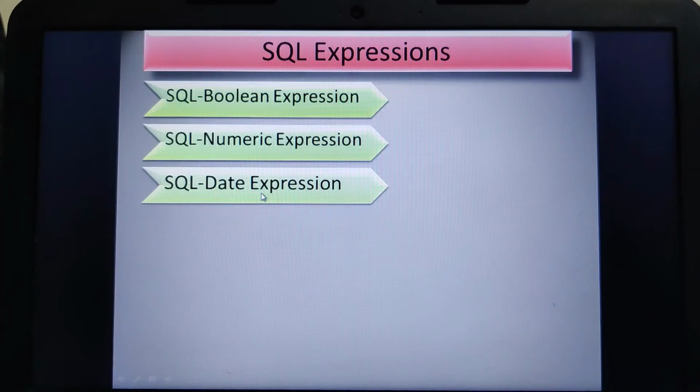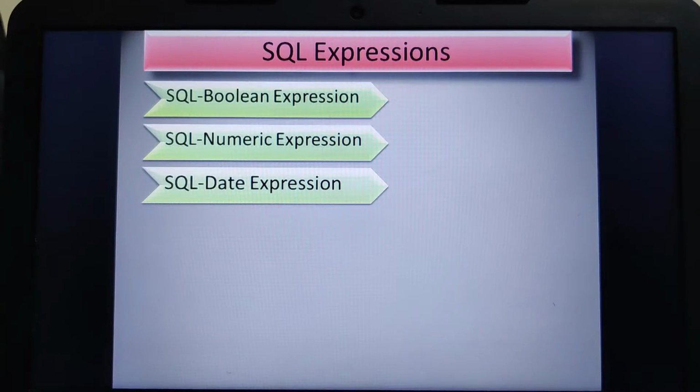Now let us move on to SQL expressions. Here in SQL expressions we have three types: SQL Boolean expressions, numeric expressions and date expressions. So what is an SQL expression actually? They are like formulas, and they can be written in query languages. For example, I want to select a record where the salary is 6,500.